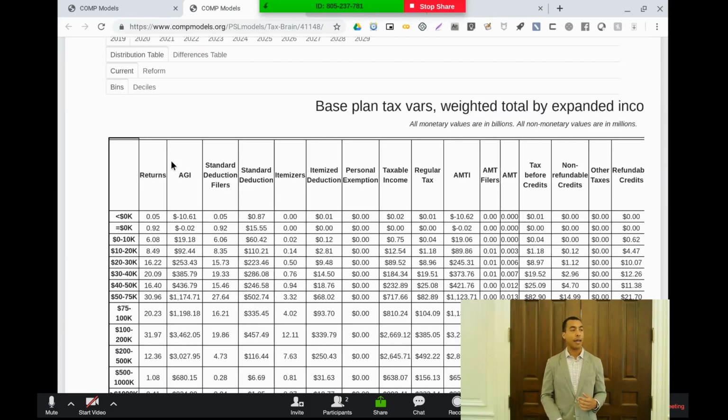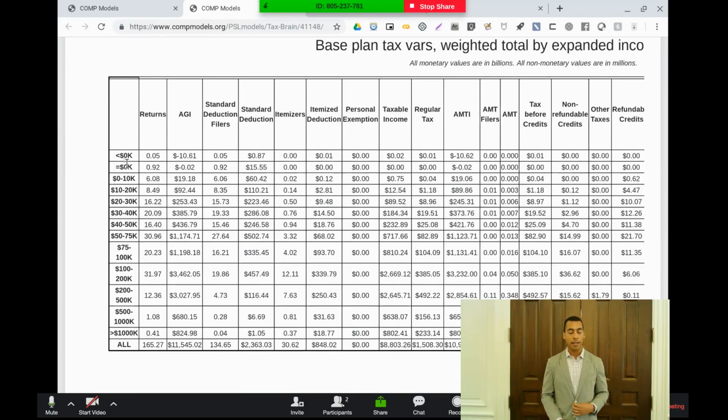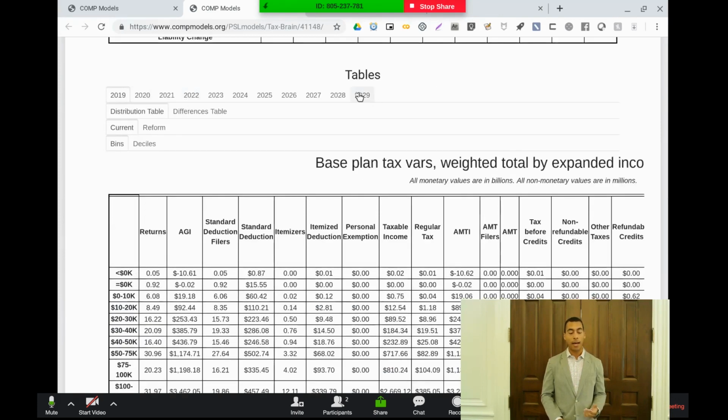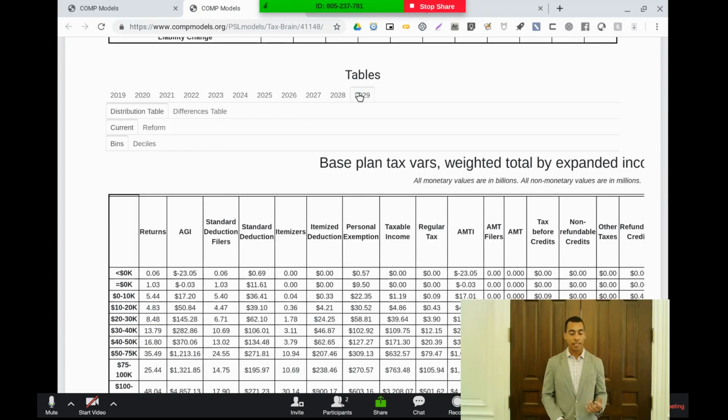They'll break it down by AGI group, where you can look at who's filing for a standard deduction, how much they're filing for and receiving that deduction, how much taxable income they have, and you can do that for every year of your analysis. We go out right now to 2029, and you're getting the same results. Or if you don't want to do AGI groups, you can also break it down by AGI deciles.